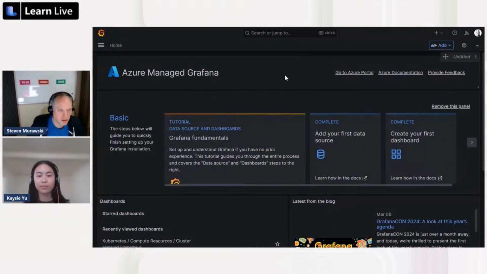And when you land on this dashboard, there won't be any recently viewed because that's the first time you're landing there. You've got these nice helpful things here at the start. And just to make sure, I am by no means a Grafana expert, but I can fumble my way through. And when I did,